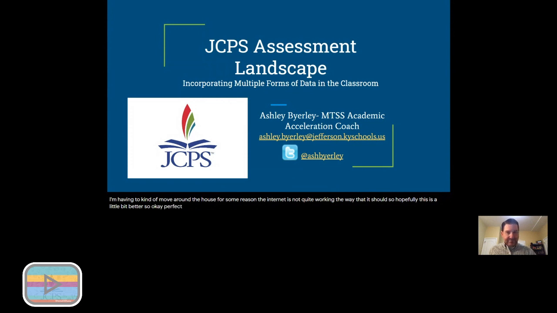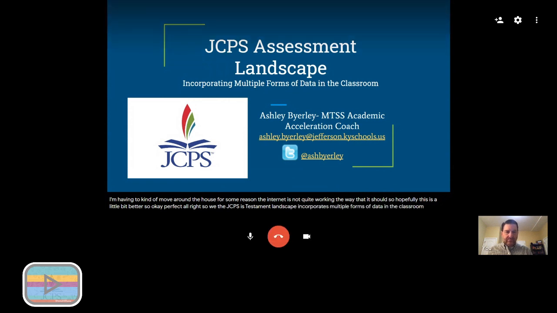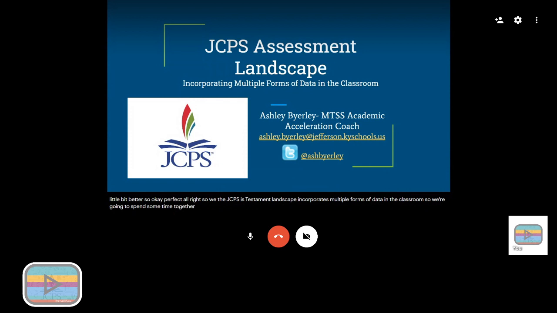Okay, perfect. All right, so the JCPS assessment landscape incorporates multiple forms of data in the classroom. So we're going to spend some time today reviewing the assessment landscape and honestly breaking that down as, okay, so what now? How does that look in a classroom? Because we always know as teachers that we have these big utopia pictures, but until someone breaks it down for us of what does that actually look like, it seems like an idea so far away